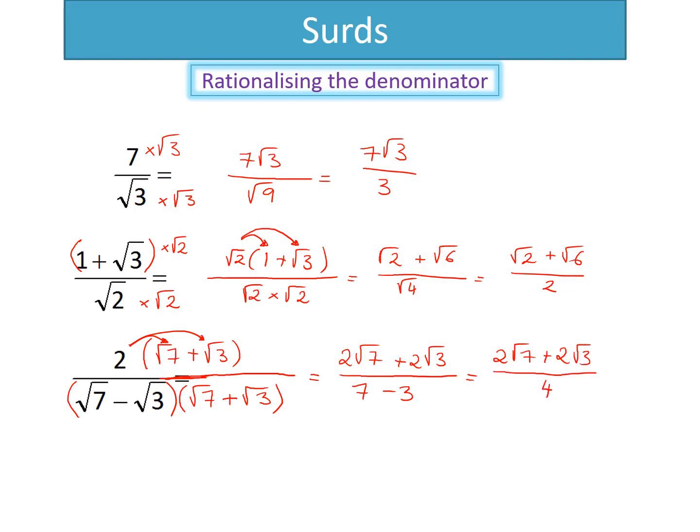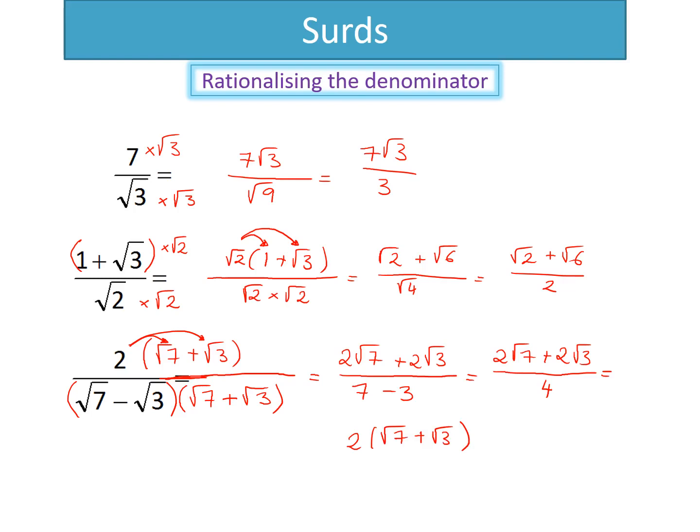I could also simplify this by dividing the numerator and the denominator by 2, or in other words, I can simplify this fraction. If I factorize the numerator, I can write this as 2 root 7 plus root 3,